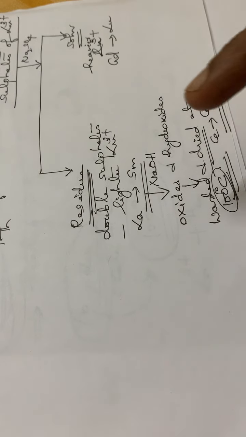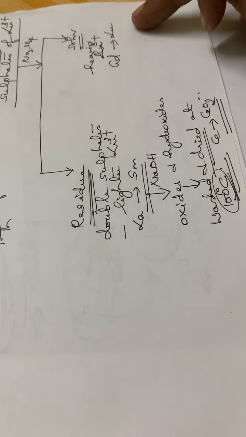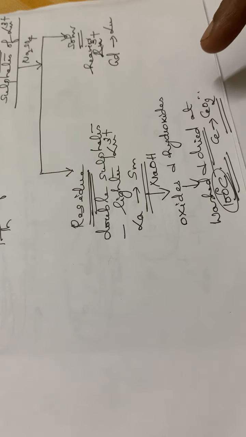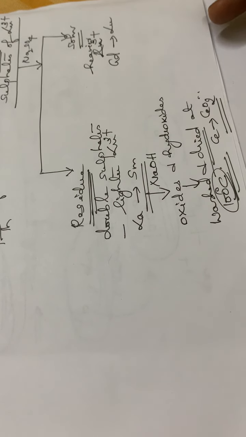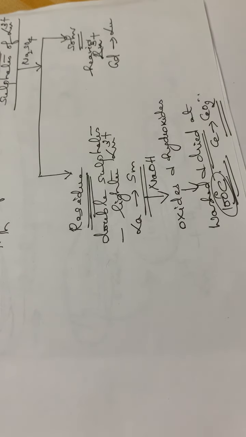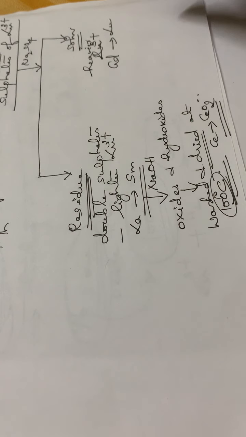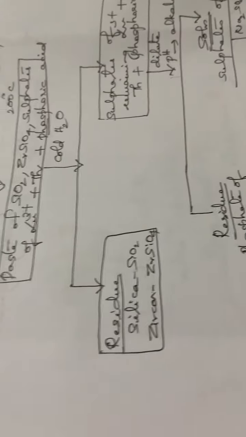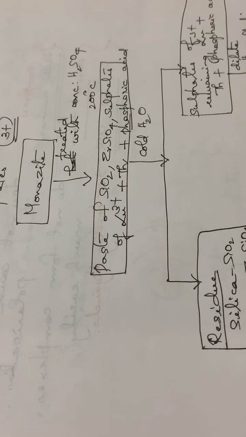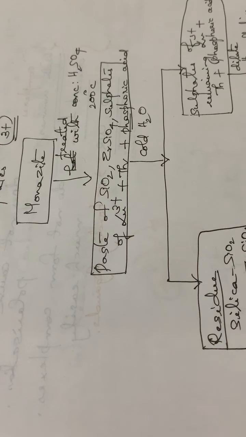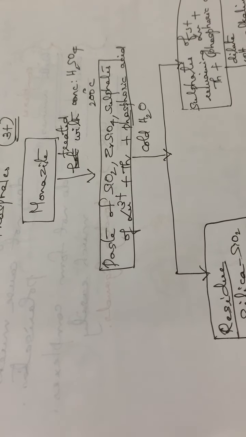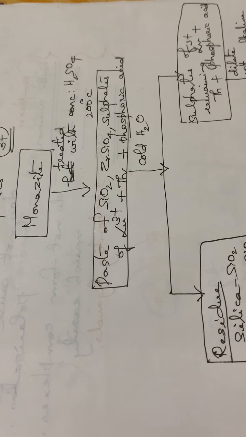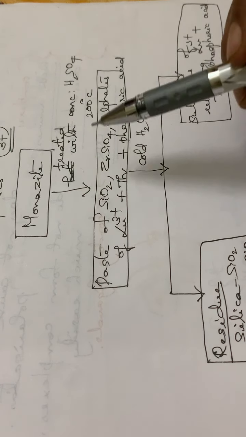So this is the process of separation of lanthanides. Here we are separating the lighter lanthanides from the heavier lanthanides. Then we have to follow some other procedure for separating these two categories, lighter as well as heavier lanthanides. So this is the flow chart of the isolation of lanthanides. In your textbook the flow chart is given very clearly. You have to study the flow chart, then you can write the procedure itself for a 4-mark question. I will tell you once again.